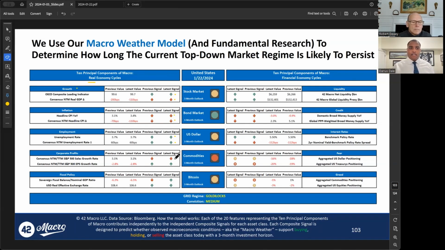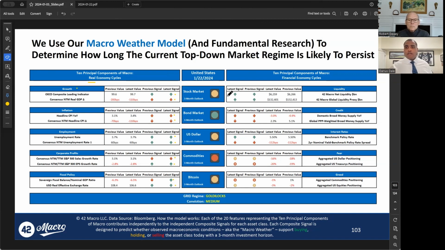If you look at the implied sales growth rate for the equity market, that number is trending lower. The implied earnings growth rate for the equity market is trending higher. If you look at the sovereign fiscal balance divided by nominal GDP, that ratio is trending higher now and recently inflected to a positive trend. The dollar real effective exchange rate is trending higher. And so that's the summary of what we think are the main indicators to track for the